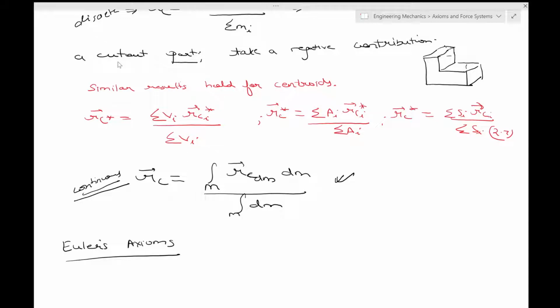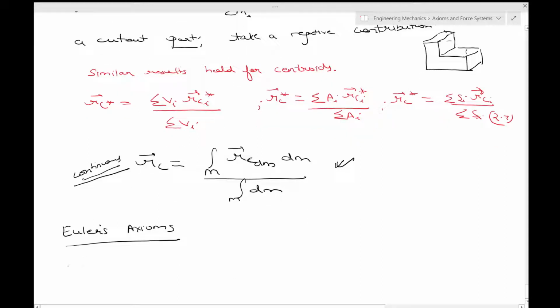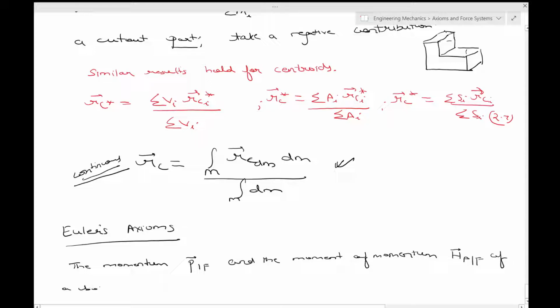Okay, so now we discuss Euler's axioms, and the first thing we do is define the momentum and the moment of momentum. So let's see how we can do that. The momentum P in the F frame and the moment of momentum H_A by F of a body B, which is your system,